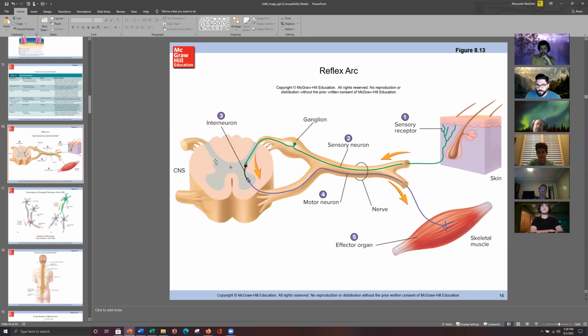We can see that we'll actually be able to determine where different signals are entering and/or exiting the spinal cord. It's pretty cool. This right here is an example of a reflex arc where we can have this sensory neuron response here. It's not depicted, but there would be another branch. This sensory branch would actually have a diverging pathway that would end up having a little synapse onto one of the sensory nuclei of the posterior gray horn back here,